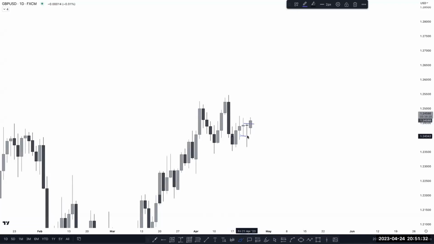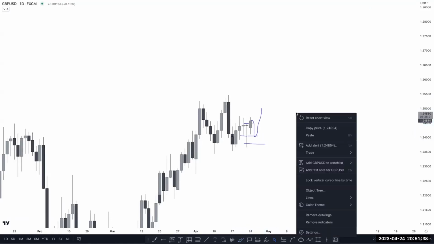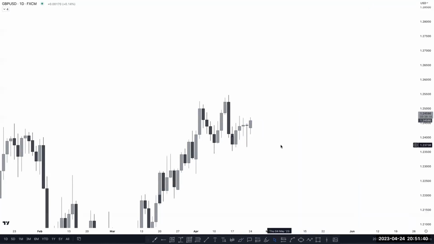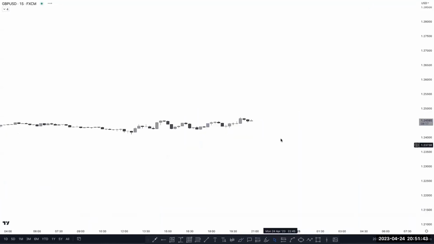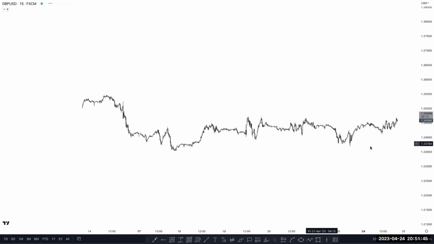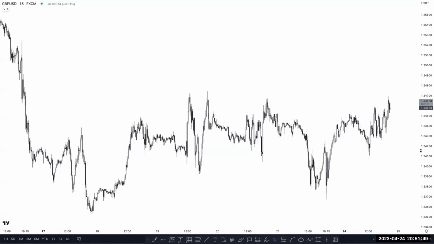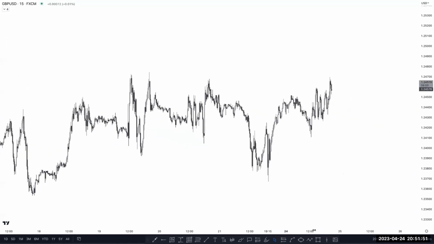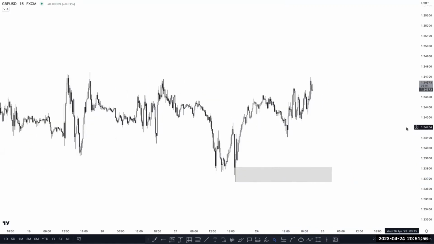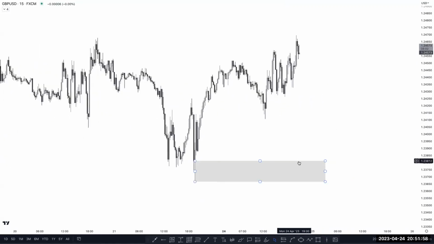But the previous low broken. I was expecting some sell before continue to the upside, but price not reach our PY as I mentioned in a 15-minute time frame here. I was waiting to mitigate this PY before continue to the upside, but price not came back to this one. Just taken out the previous